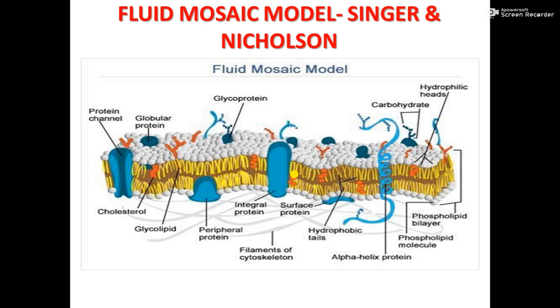It is made up of a bilipid layer. Bilipid layer, that is, two layers of lipids are there. This is the bilipid layer and proteins. And these are the proteins. Now these proteins are of two types, peripheral proteins. These are the peripheral proteins. They are just on the surface, or surface proteins, or a little bit into the cell membrane.